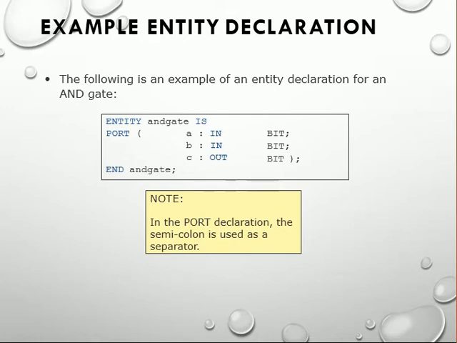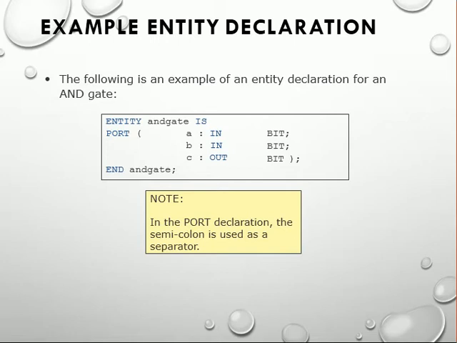Now we are going to write the entity for this circuit or component. What will be our first word? We are going to use entity as the first word. So here you can see the keyword entity that we write, and then we give a name to this entity. Here we have written this as AND gate, but you cannot write AND as the entity name because AND is a keyword in VHDL.